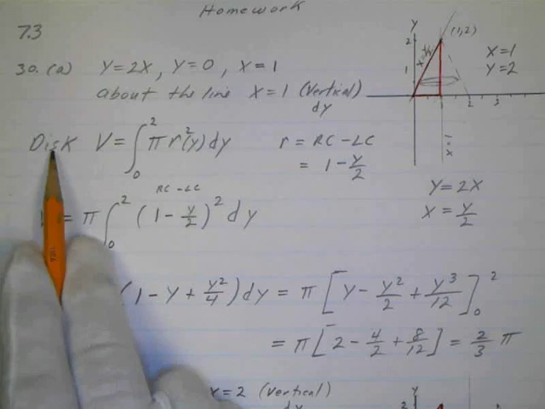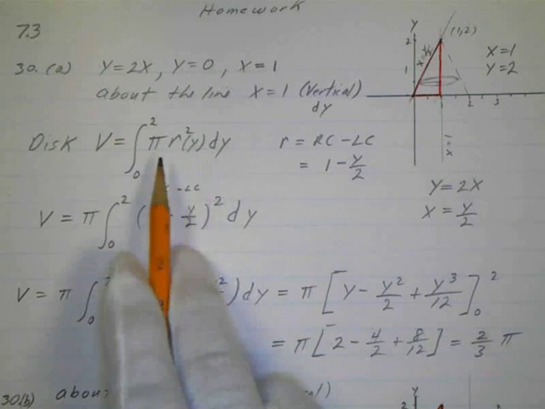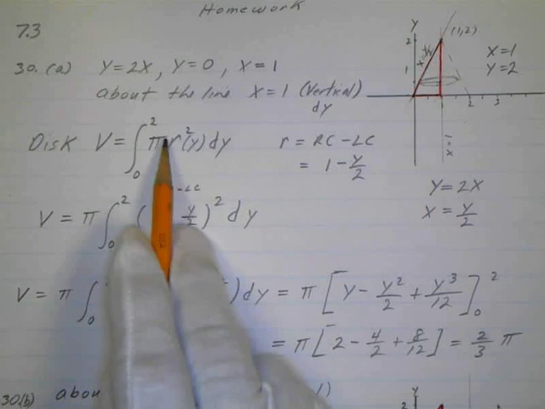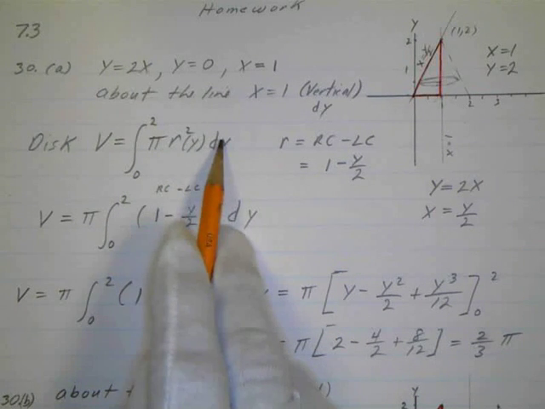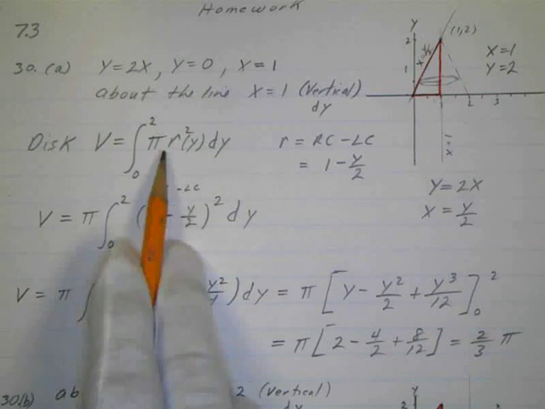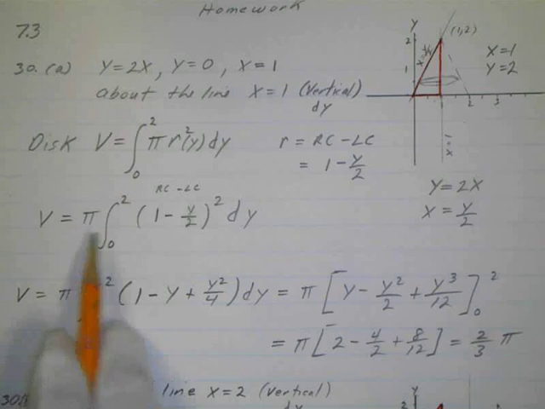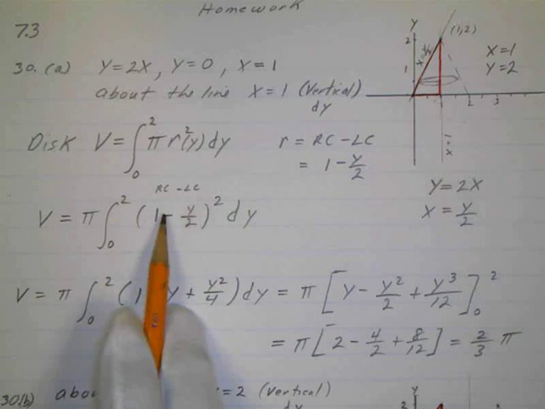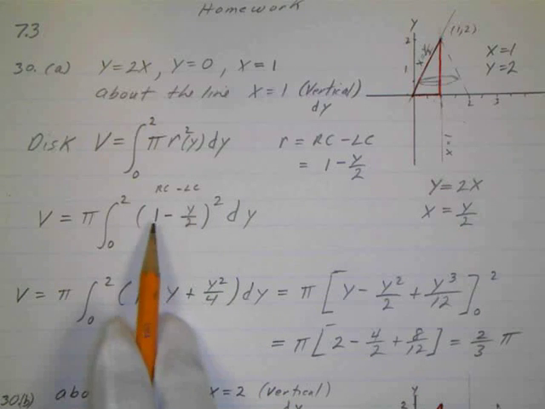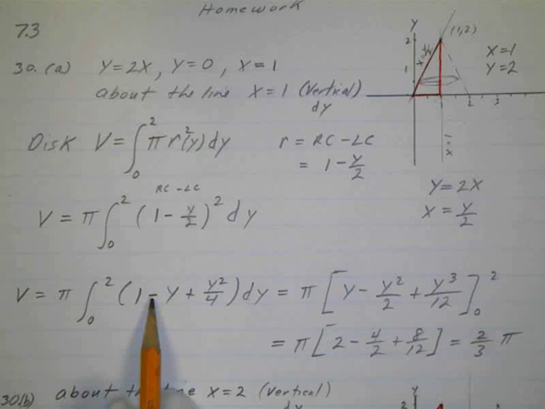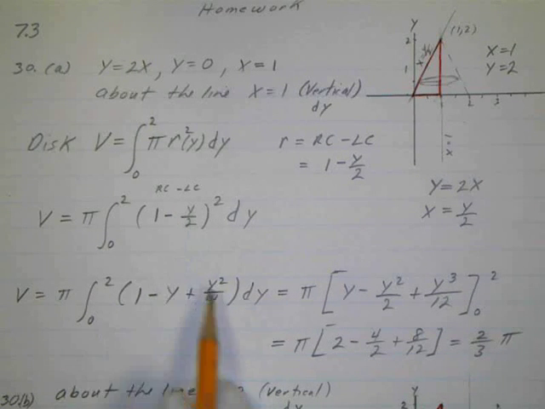And I put this in my general form. Again, this is disk, so I don't have any gaps there. It's going to be integrating from 0 to 2 of pi times r as a function of y squared dy. And again, my radius was over here, 1 minus y over 2. I took the pi out as usual. And I have to square it out, pardon me. I have to multiply this out. So use the FOIL method, or binomial squared. 1 times 1 is 1, minus, and then 2 times y over 2 is y, plus y over 2 squared is y squared over 4